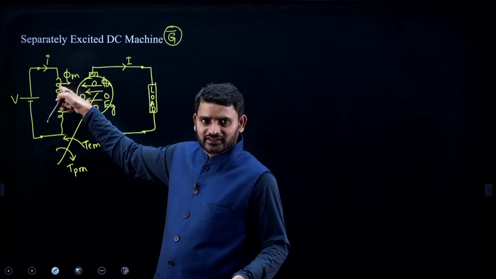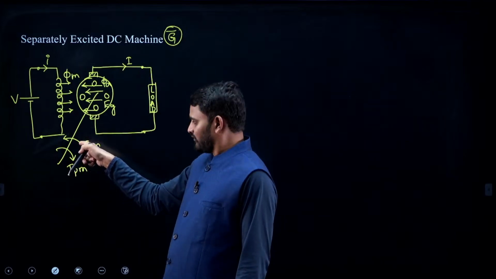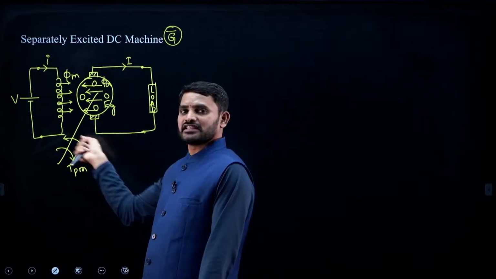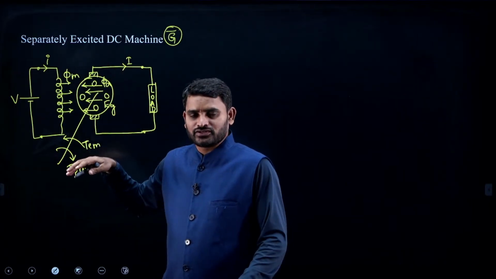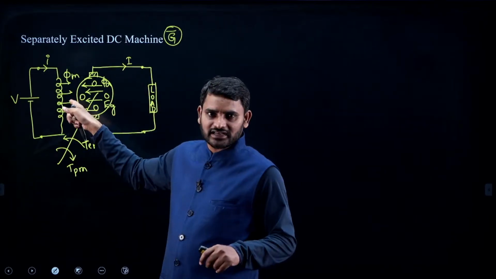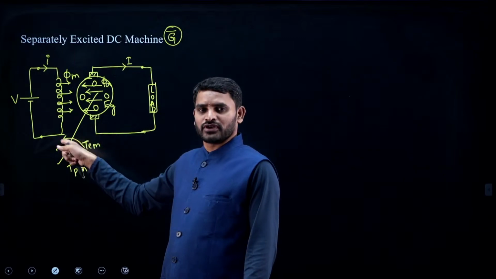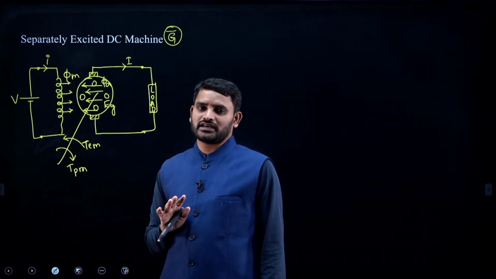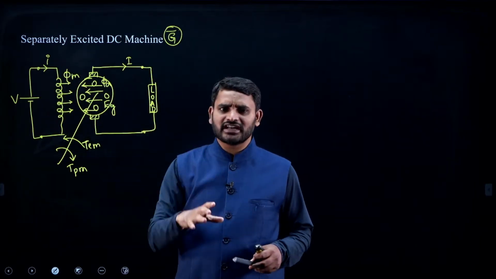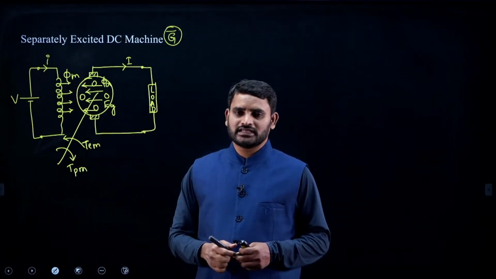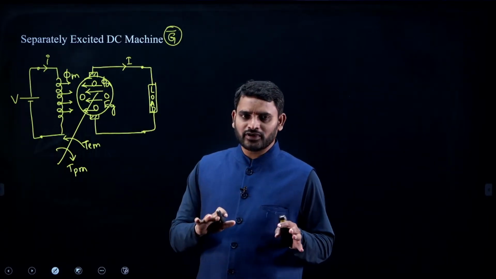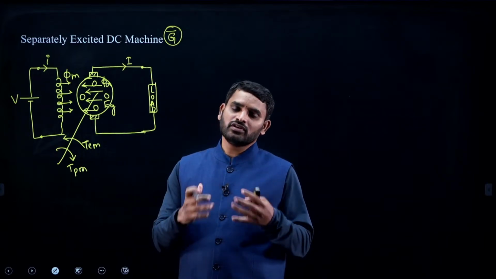So this flux is interacting with the main field flux and creating an electromagnetic torque which is opposite to the prime mover torque. Okay, someone is moving the armature conductor in the clockwise direction, that's the reason why EMF is induced. So EMF is driving the current and creating a flux, interacting with the other flux, producing electromagnetic torque opposite to prime mover torque to satisfy Lenz's law, right. So each and every generator action will be the same, right. So here I am going to take up the equivalent circuits and their voltage and current equations,